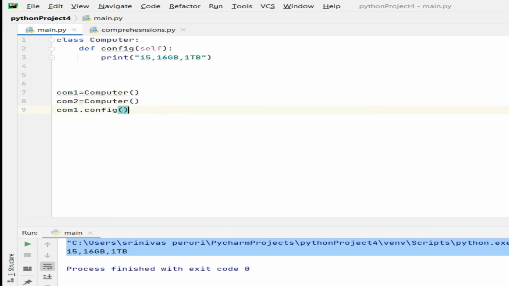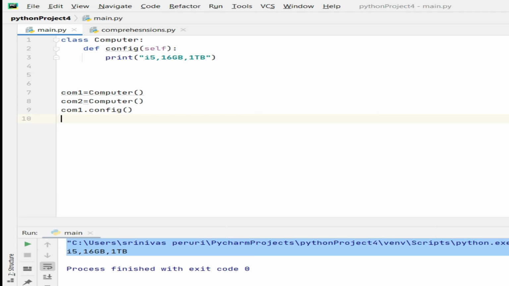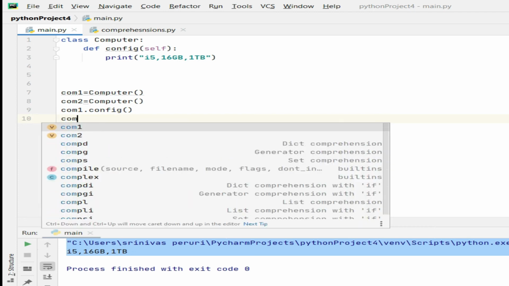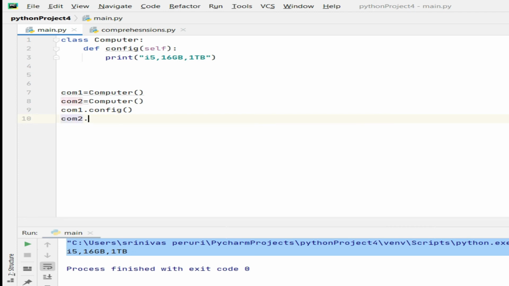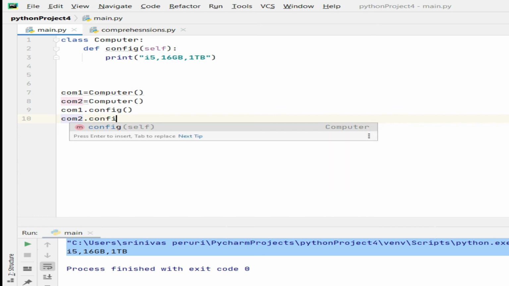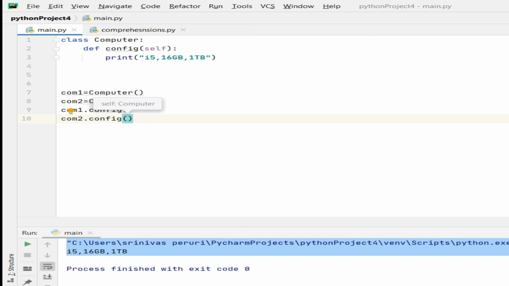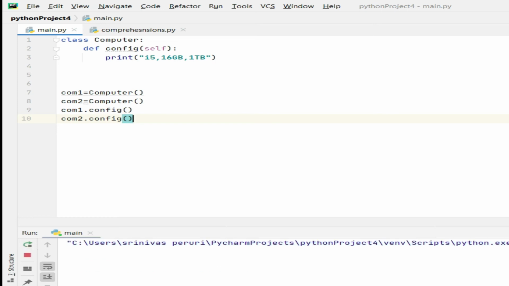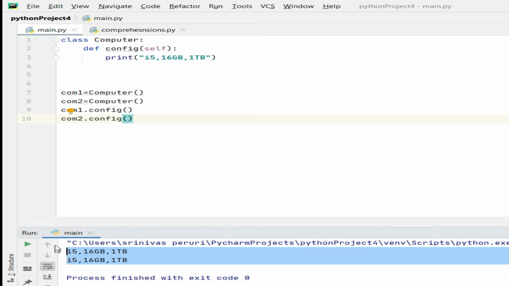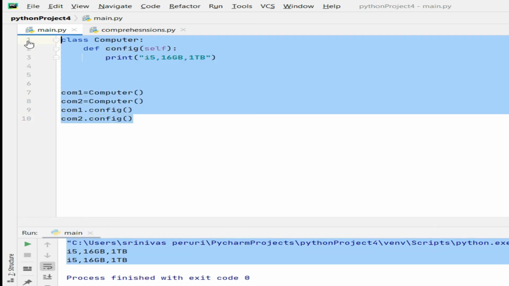One parent may have one child, two children, or more than two children. It is the same thing. If you assume the class as a parent, then the objects are the children. So I can print the same configurations multiple times however I want. In this way, a simple class is created.